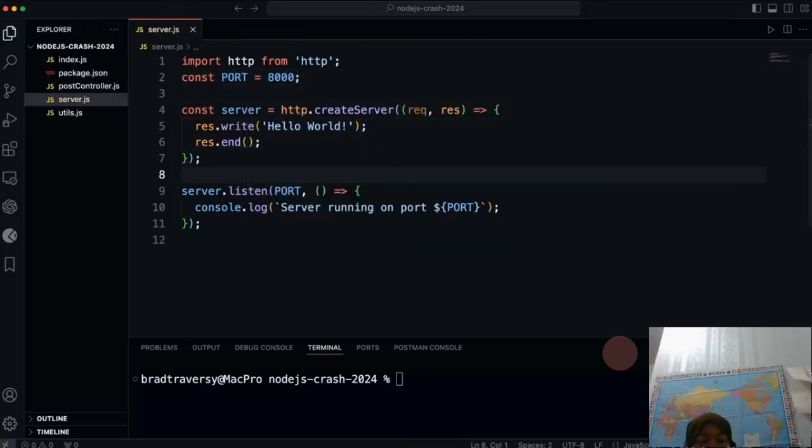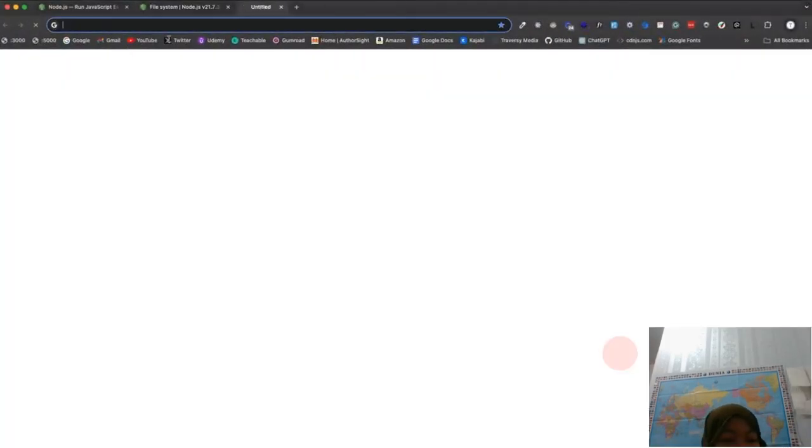All right, so now we should be able to run our server. It's a very, very simple server, but we should be able to run node server. And now you see server running on port 8,000 and it takes up the terminal. I can't put any more commands in here unless I shut down the server. Now let's open up the browser and I'm going to go to